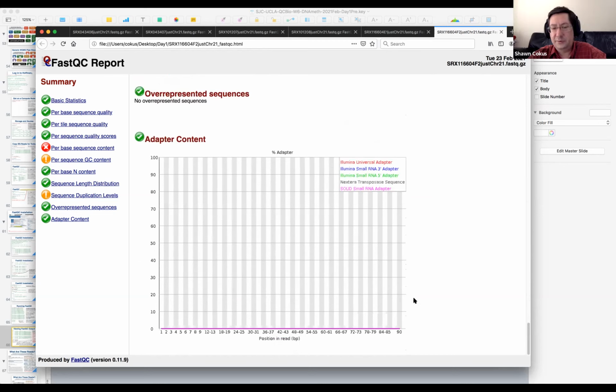And this is another very important one to look at, adapters. Are the inserts so short that we run into adapters? FastQC does this by having a database of commonly used adapters. It doesn't know them all, but it's got most of the common ones. And it just looks for those